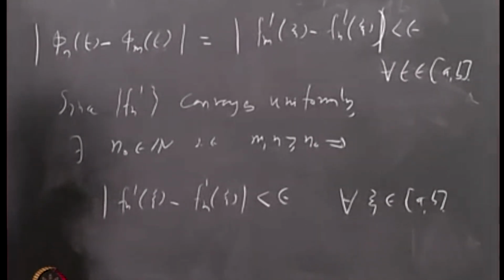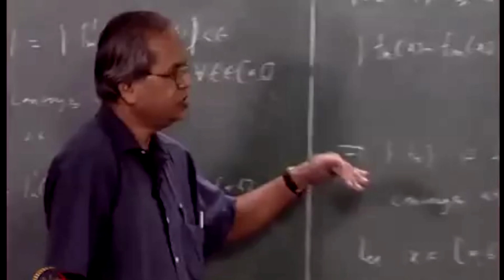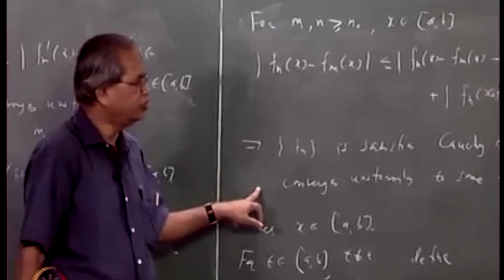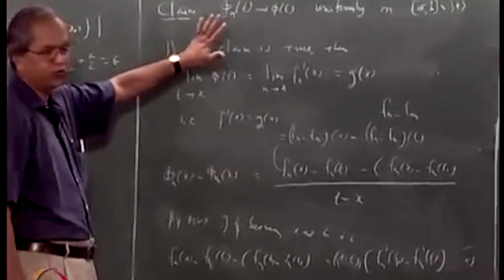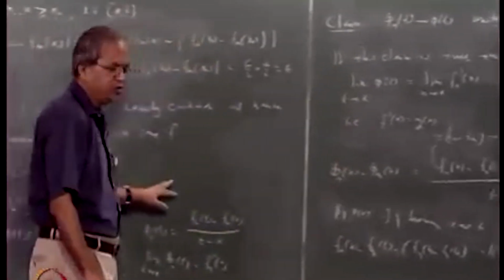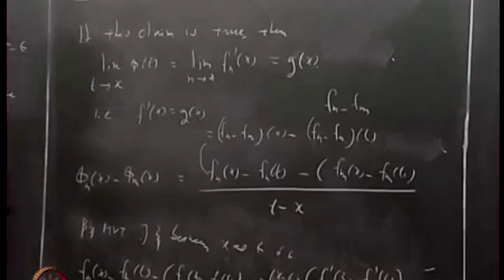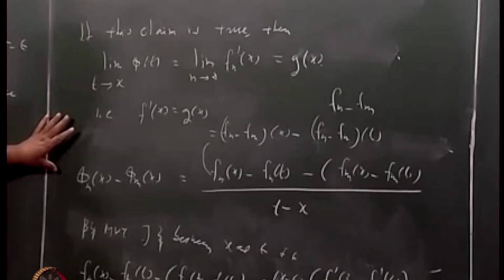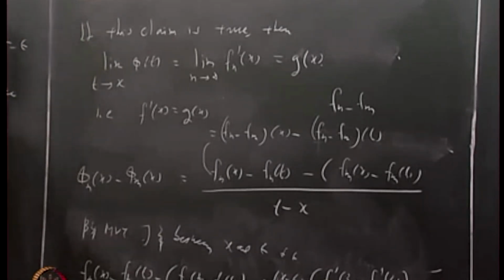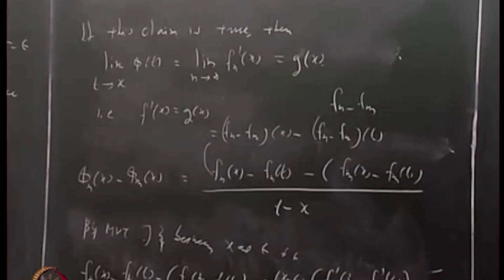And so this shows that the sequence phi n is uniformly Cauchy, and hence it follows again that phi n converges to phi uniformly. We already know that phi n converges to phi pointwise. Now we know that phi n converges uniformly, so the limit function must be the same as phi. And as we already observed, once this claim is proved, the proof of the theorem is over. So this says something about the relationship between uniform convergence and differentiation.